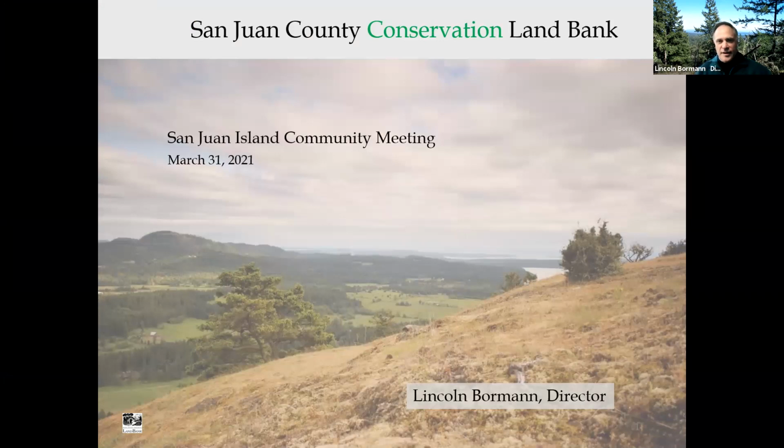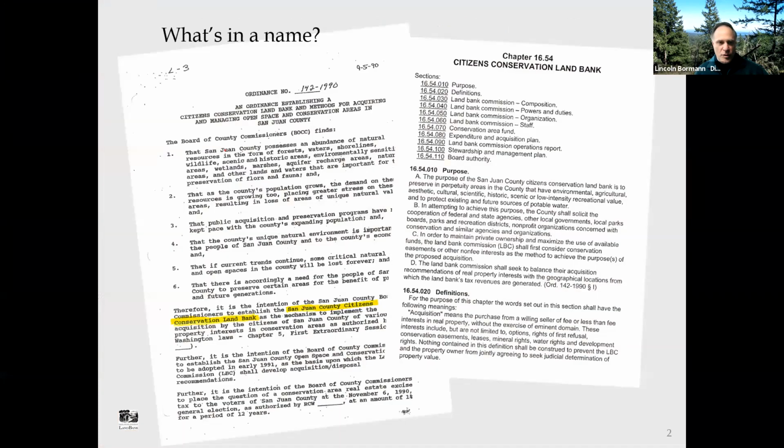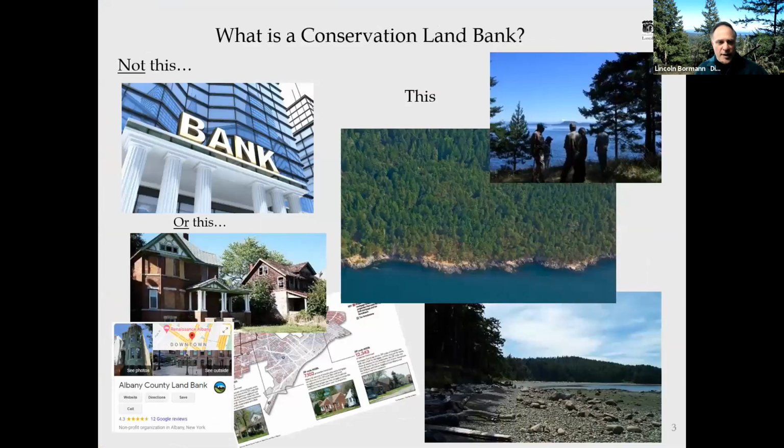Most people know us as the Land Bank, but originally we were the Citizens Conservation Land Bank, which was in the original ordinance and also in code. We're looking to bring that back now for a number of reasons, reintegrating it into the title of the organization. For one thing,